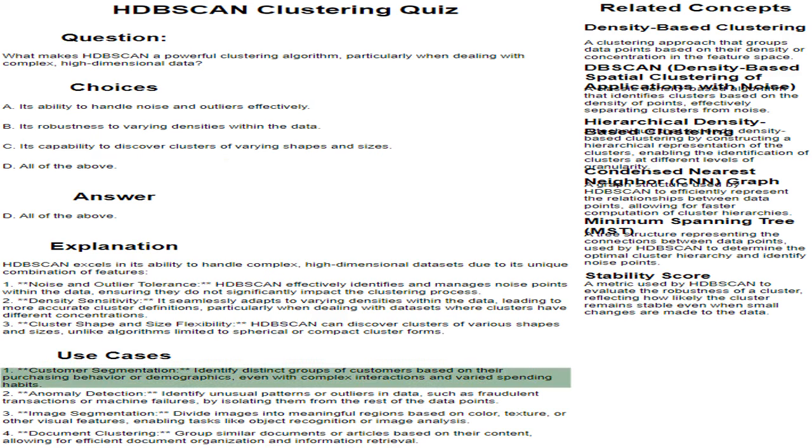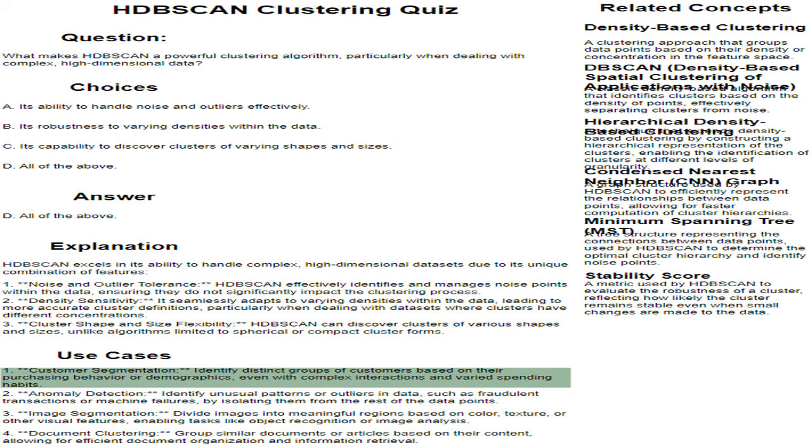All of the above. Customer segmentation identifies distinct groups of customers based on their purchasing behavior or demographics, even with complex interactions and varied spending habits. A company could use HDBSCAN to segment its customer base based on their purchasing history and demographics. This could include factors like frequency of purchases, average order value, preferred product categories, age, location, and income. By analyzing this data, the company can identify clusters of customers with similar characteristics, allowing for targeted marketing campaigns and